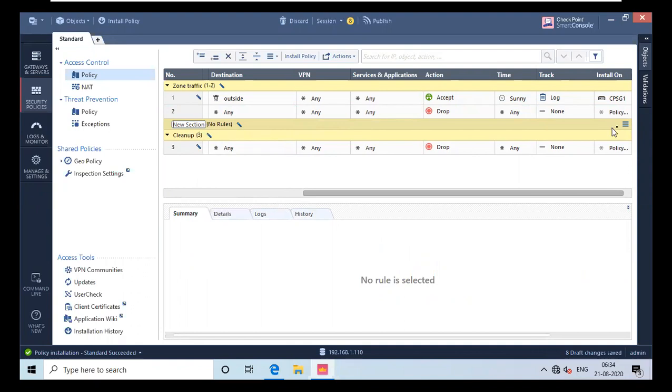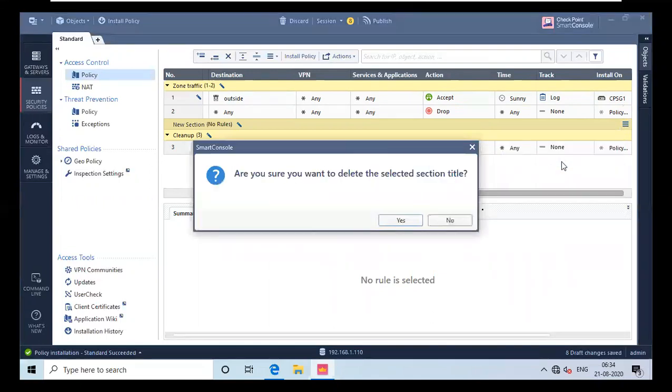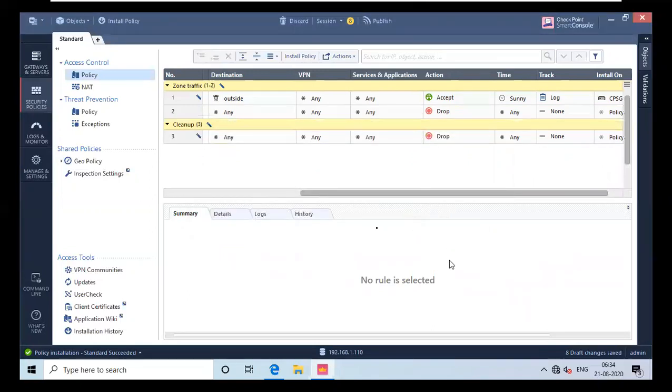And one more thing, you can navigate these sections by simply clicking on this, and you can see this bar is a navigation bar for this section. So you can simply click and place it wherever you want. Okay. So right now, I will delete this because I don't need this. I have already two titles. Okay. Click on yes.